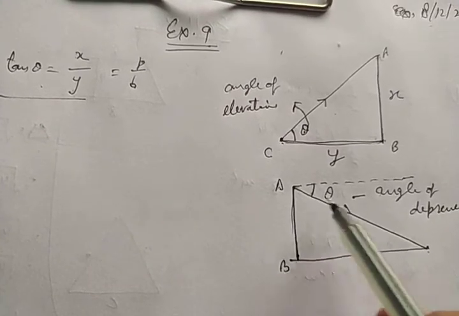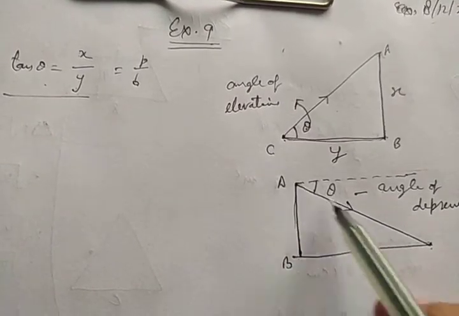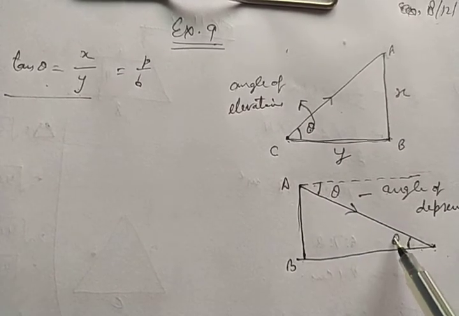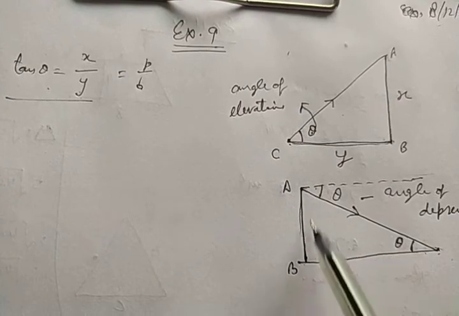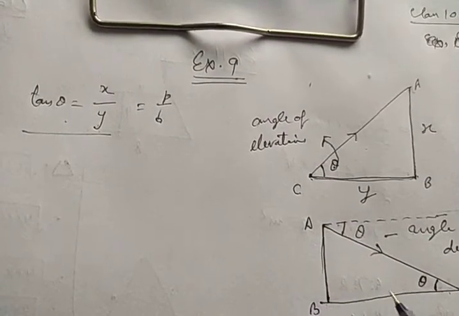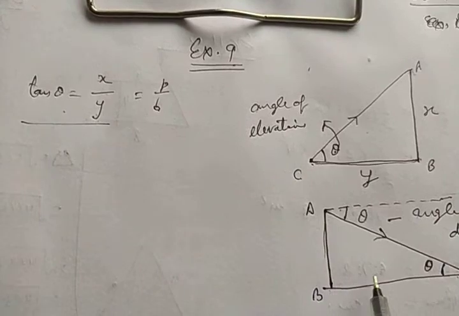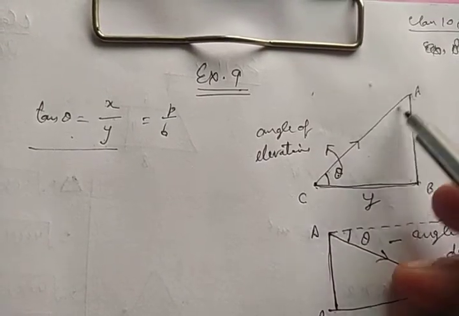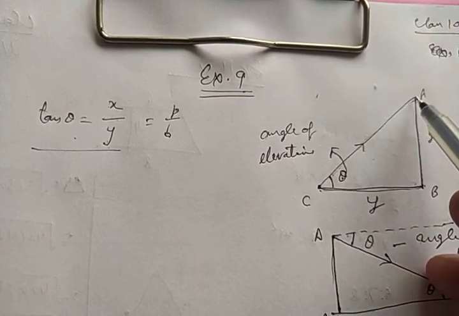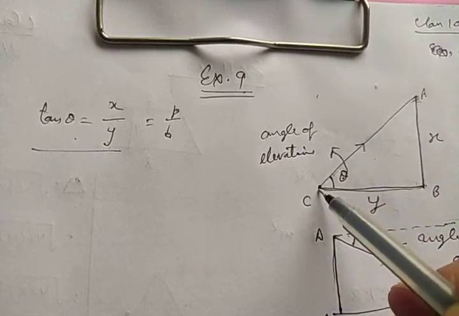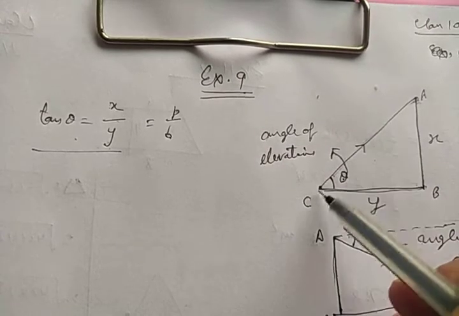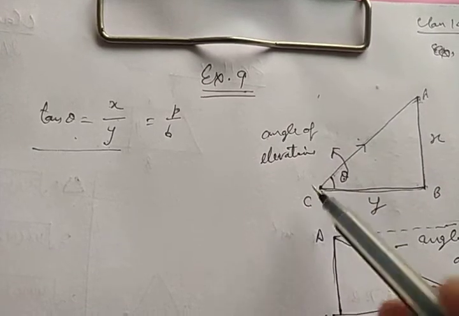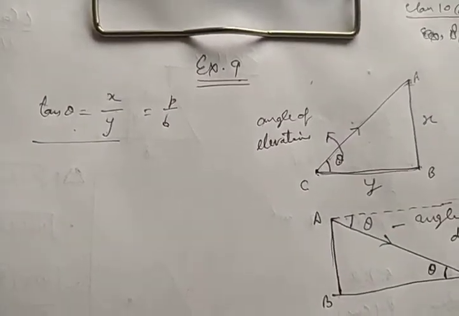But you should also understand these are two horizontal lines, this would be a transversal, then these two angles will be equal, and this theta will also be similar here. Now again you are getting a right angle triangle, and applying the trigonometrical concept, you can again use tan theta is equal to x upon y, whatever is required. Now suppose there is a tower and a tension wire is holding the tower from the ground, then if length of this is required, you will have to use sine or cos, because this hypotenuse will be used in sine or cos.